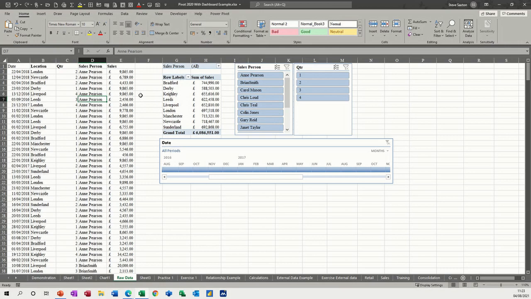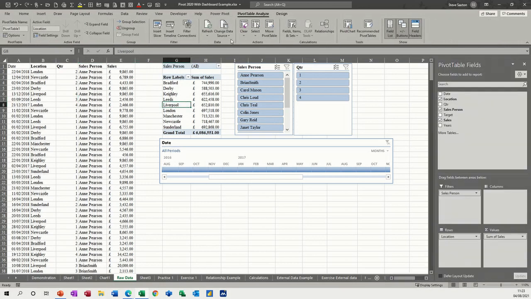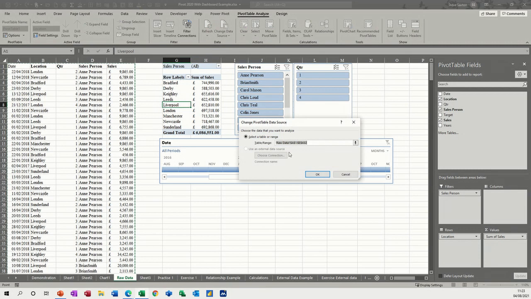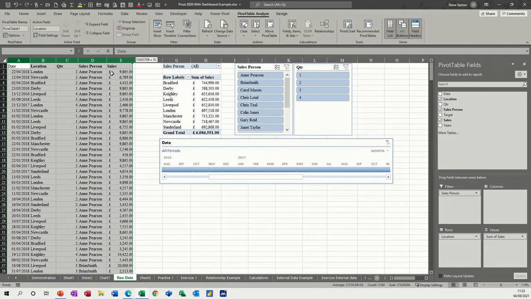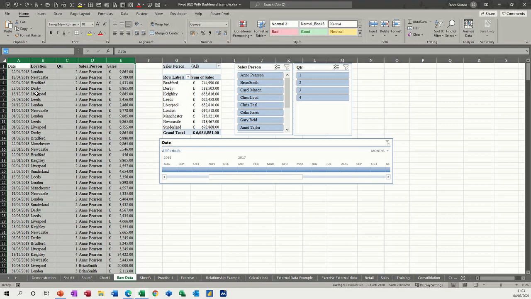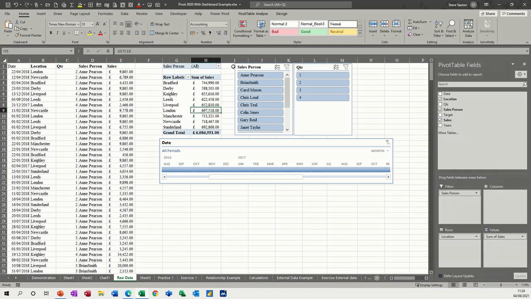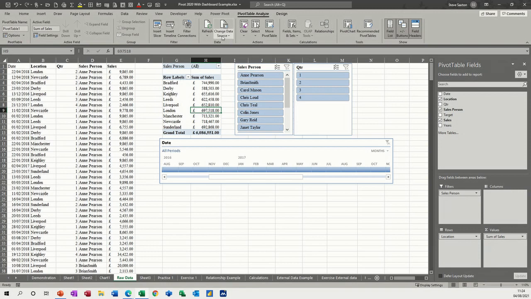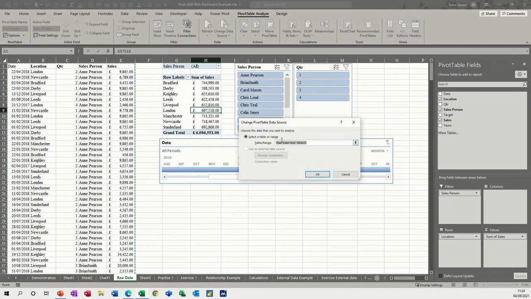If I go to the pivot table, if I go to data source, this is looking at raw data A1 to E432. Now if records are added onto that, obviously that's not going to pick it up and you have to keep changing this. So a way to avoid that would be to highlight this table, call it a name, so I'm going to call it data, press enter, so it's now called data, that's right down to the bottom, 1.5 million plus rows, and then if I change the data source to equals data,